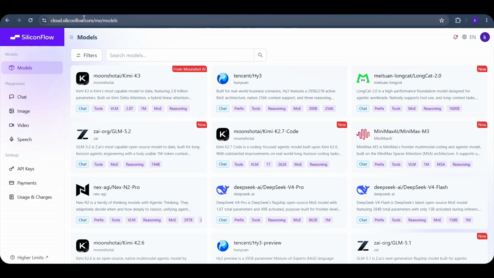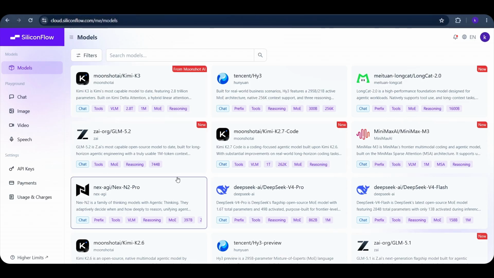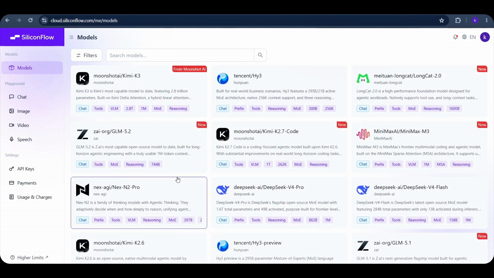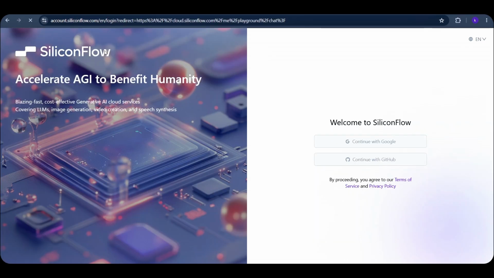Today in this video I am going to show you how you can use all of these models in one single platform. In my previous video, I talked about how you can use the Kimi K2.6 model by NVIDIA API completely free. You can check out the link in my description. And in this video, I am going to show you how you can use all of these models, mainly Kimi